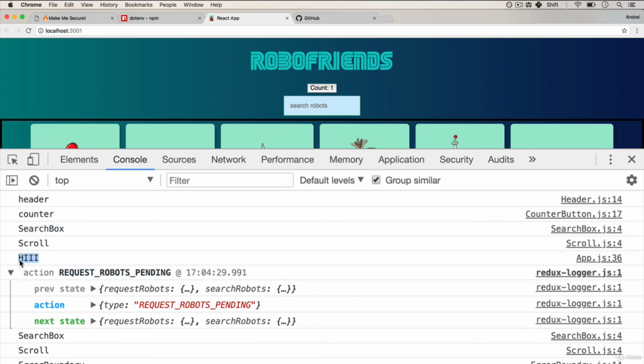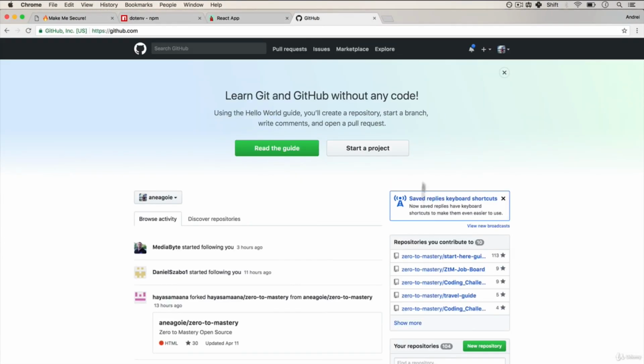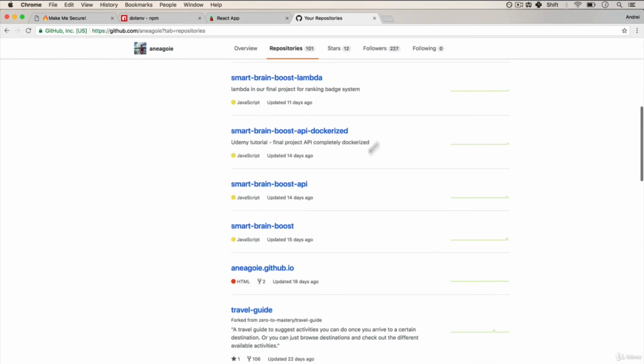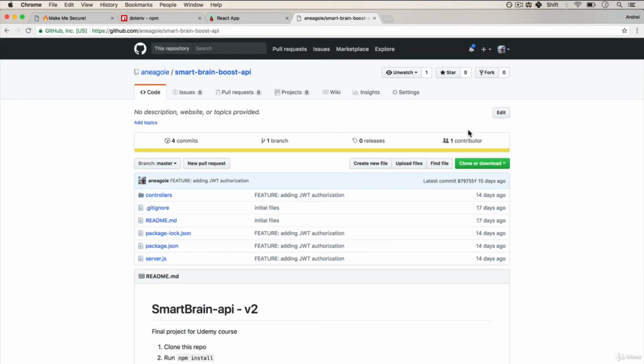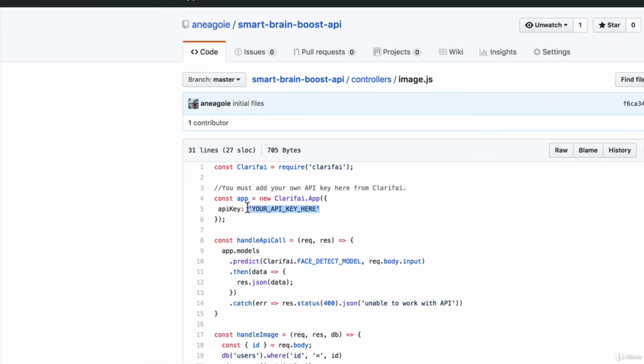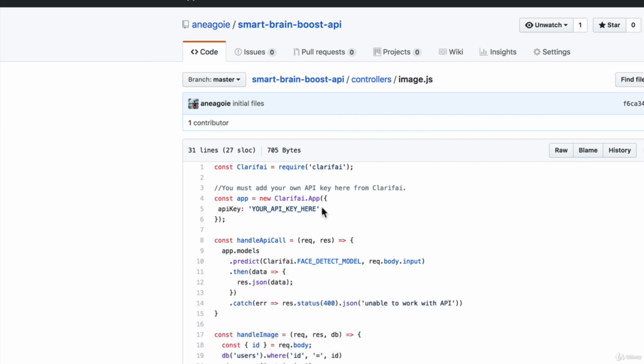So using this, I can securely add passwords to my app. For example, let me show you GitHub. If we go to the SmartBrain project, look at that cat. Let's go to the SmartBrain Boost API. And in here, if I go into controllers, image, you see how I have the API key over here as 'your API key here'? Well, I don't want to commit or show to the public my API key for Clarifai